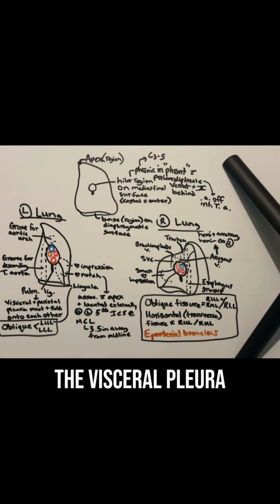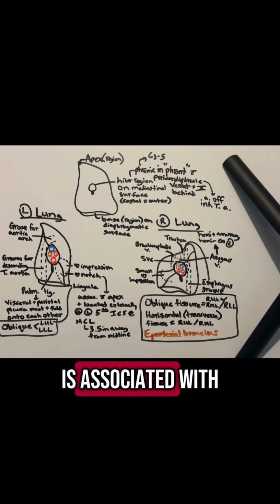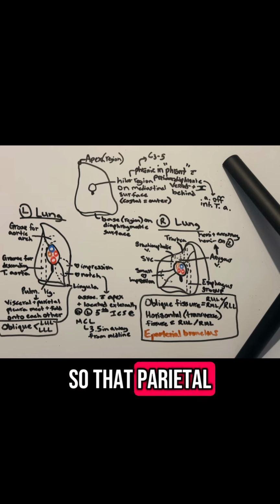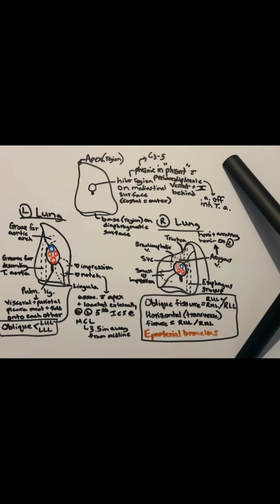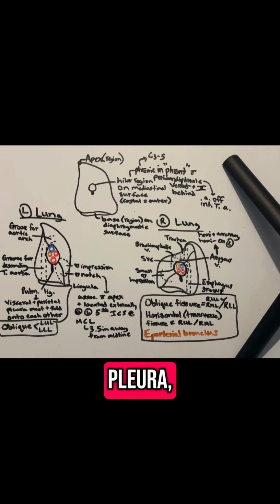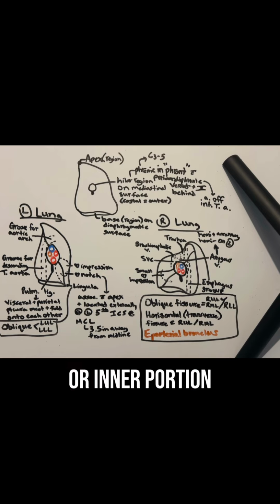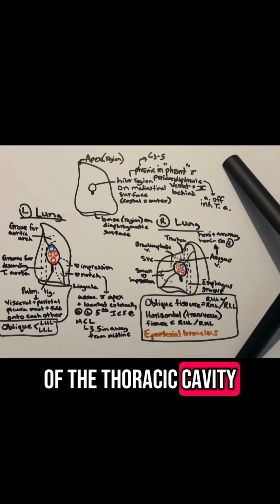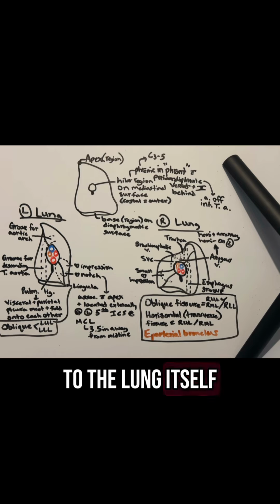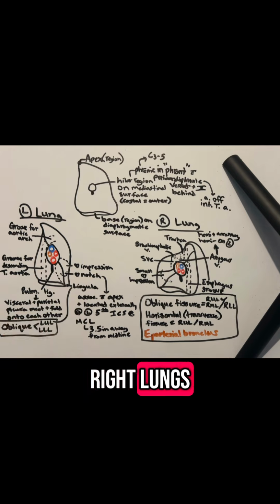The visceral pleura is the pleura that actually lines the lung itself, and the parietal pleura is associated with lining the inner surface of the thoracic cavity. So that parietal pleura has a diaphragmatic pleura, costal pleura, mediastinal pleura, but the main distinction is that the parietal pleura lines the internal or inner portion of the thoracic cavity, whereas the visceral pleura tightly adheres to the lung itself. And aside from that pulmonary ligament, which exists on the left and right lungs, we also